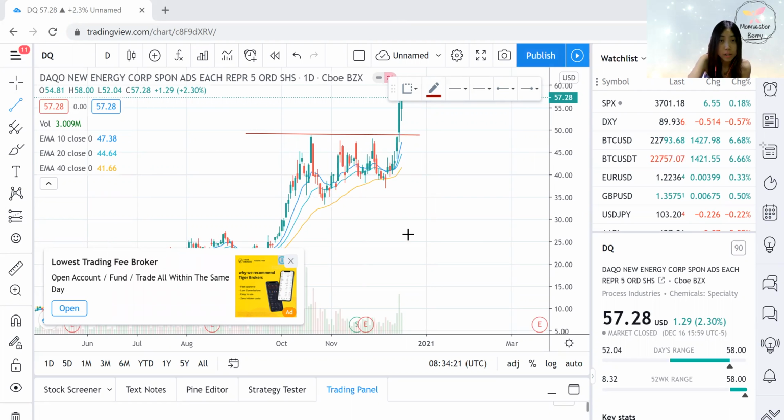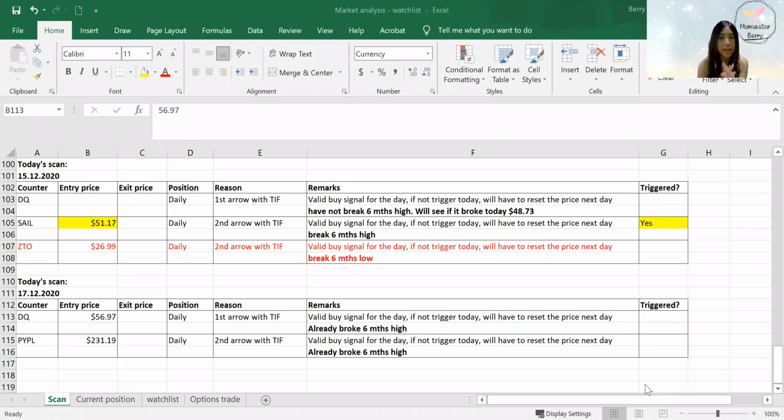Let's take a look at the next scan that I managed to get, which is PayPal. PayPal is also one of my favorite stocks. Basically, for PayPal, I have a very long-term investment. So for PayPal, I don't really wait for a signal or whatsoever, because to me, PayPal fundamentally is a very